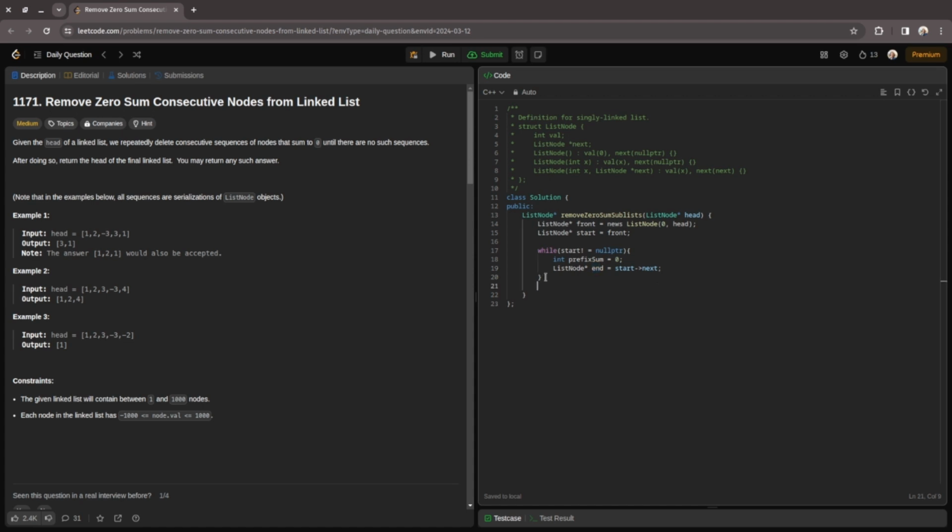We will make another while loop, and inside this while loop we iterate through the nodes from the current end node until we reach the end of the list. Here what we will do is we will add the value of the current end node to the prefix sum. It will update the total. So prefix sum equal to